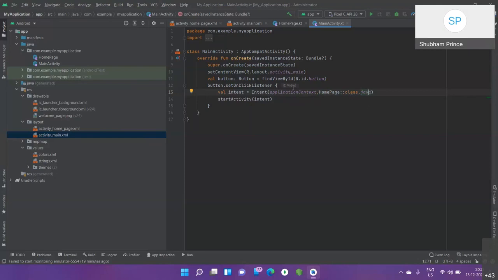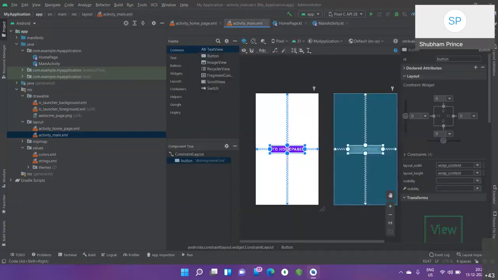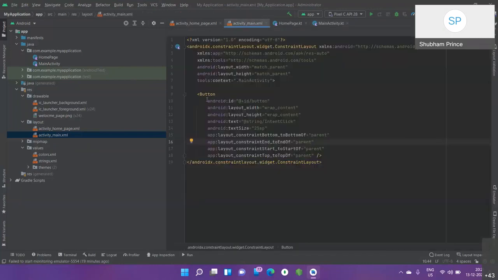Now, one more thing. You can see here, before I can place this setOnClickListener, I told you that I will be setting an on click listener to a button. So I have created a button variable. You will be thinking what this is all about. I will just make it quick: when I was creating this button, there was an ID here. See, the ID is button.